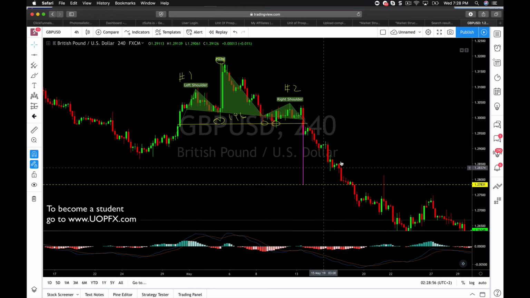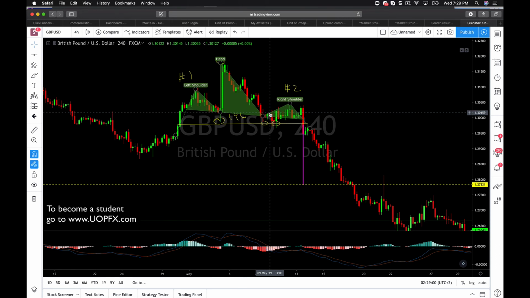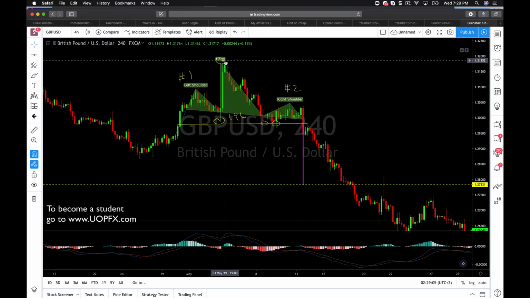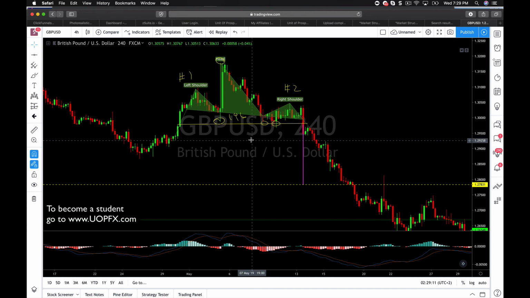Now you see price actually kept dropping below that, but that's typically how you would do a measured move. You're going to measure, again, the top of the head all the way down to the neckline. This line is not perfect, and for some reason, like I said, TradingView is not working properly on my laptop, so I apologize for that. But you will take it all the way down to where the neckline is, where a candle found support, and that's where you would measure.